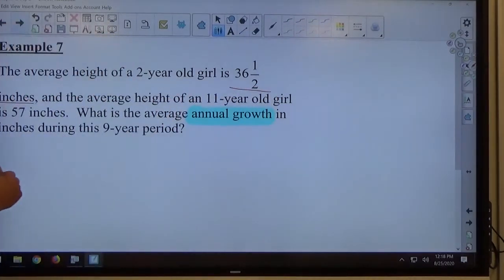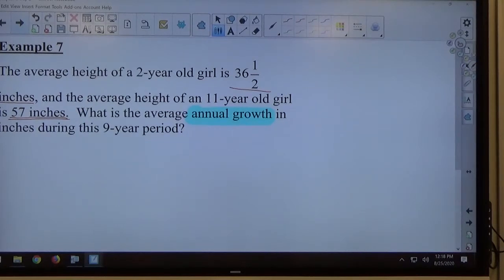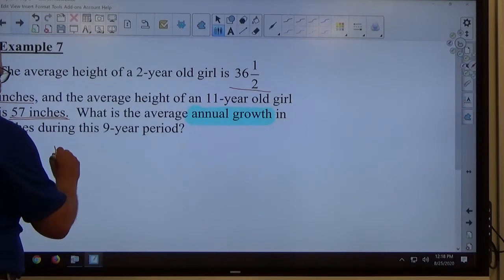36.5 inches, the original height, the 2-year-old height. And the 11-year-old height is 57 inches on average. These are not all girls at 57, but the average height of an 11-year-old girl is 57 inches. So if we first of all look and see the height change,